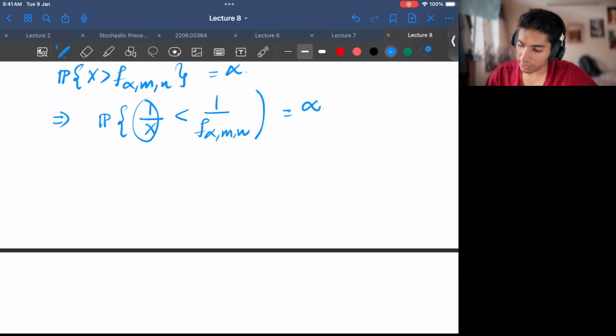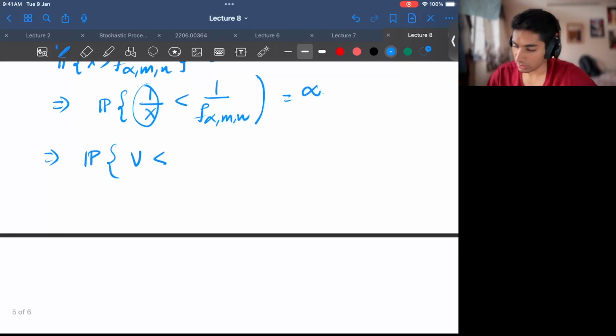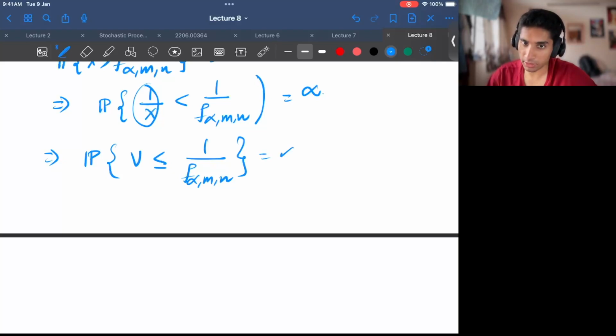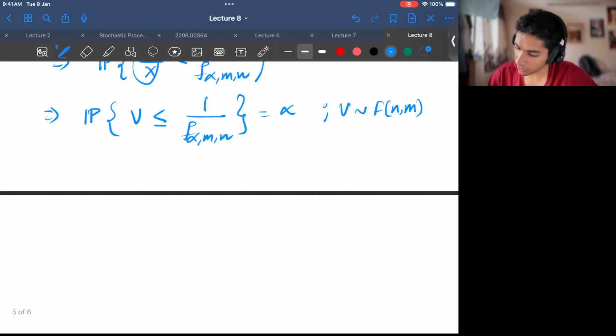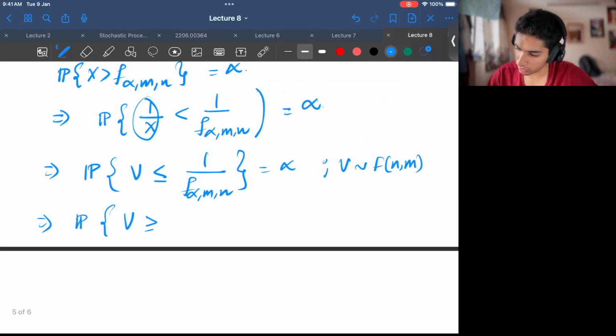Now, this random variable, let's call it V. So V less than or equal to is then equal to 1 over F of alpha m n. This thing is alpha, right? So here V is distributed according to F of n comma m, right? The parameters are reversed. And from here we can say that the probability of V greater than or equal to, okay,